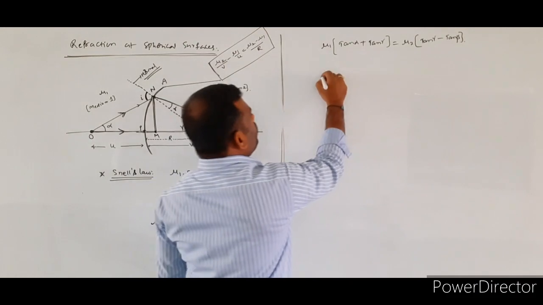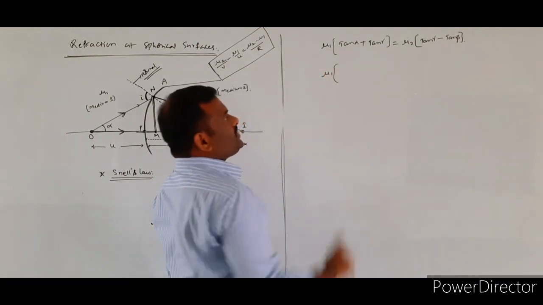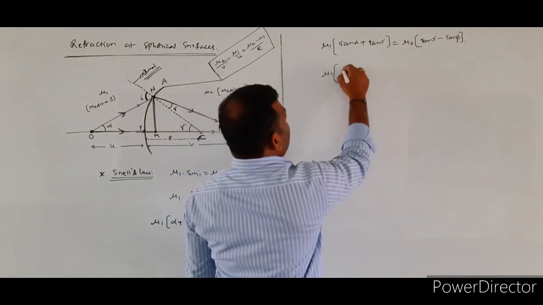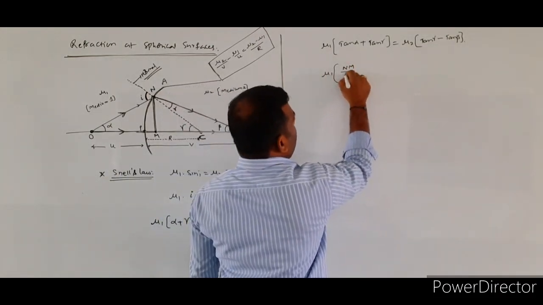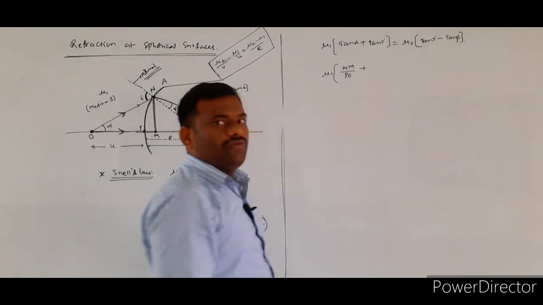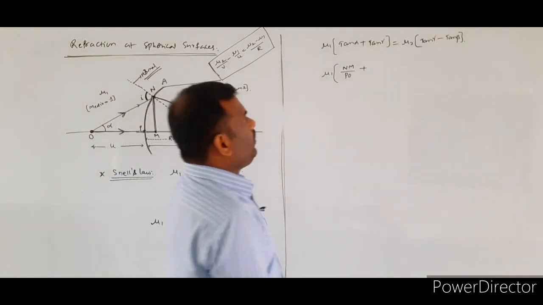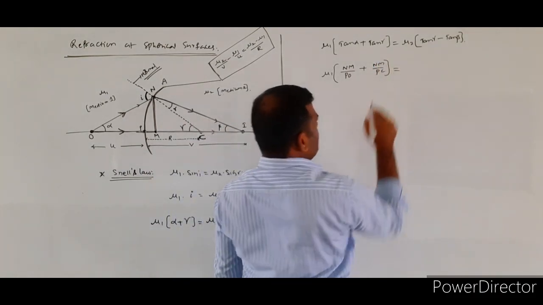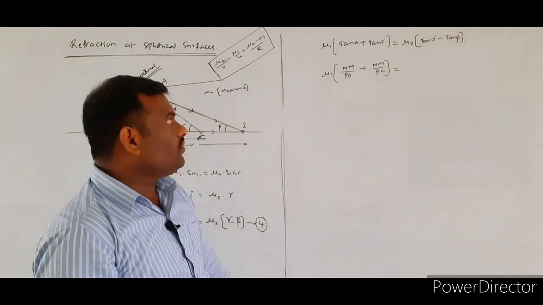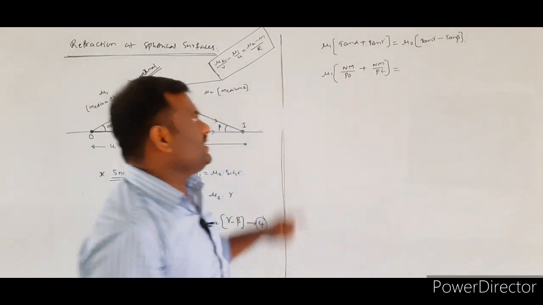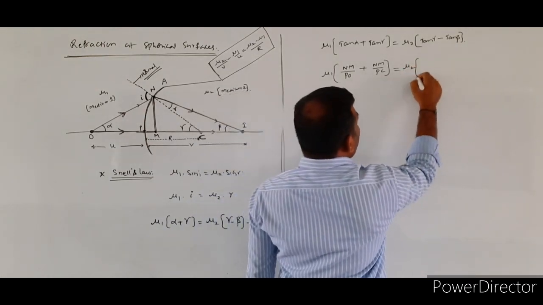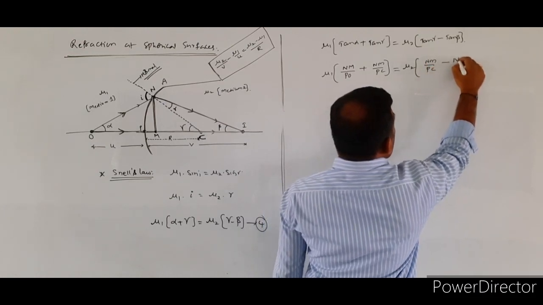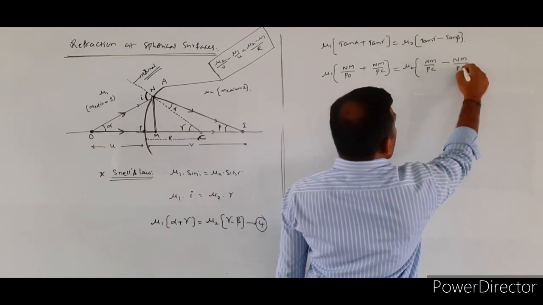Now, mu1 into, already you know the values of tan alpha, tan beta, tan gamma. What is the tan alpha value? Tan alpha is equal to NM by PO, and tan gamma is equal to NM by PC. Next, mu2 into tan gamma, which is once again NM by PC, minus tan beta, which is NM by P